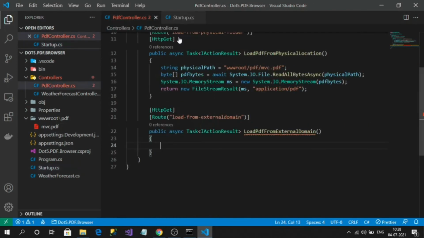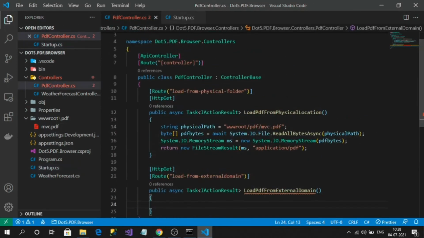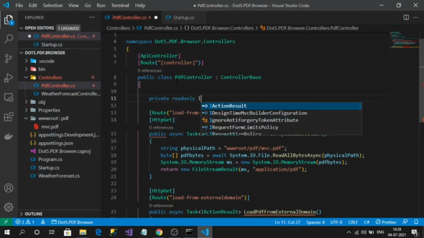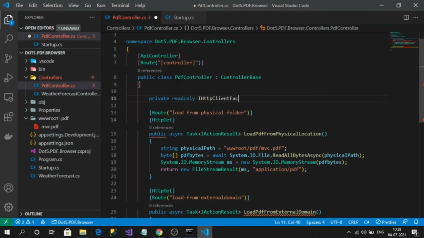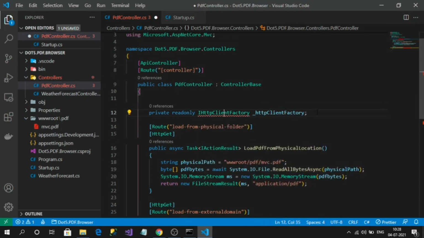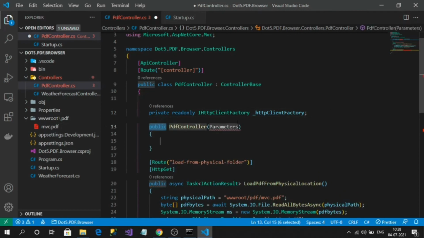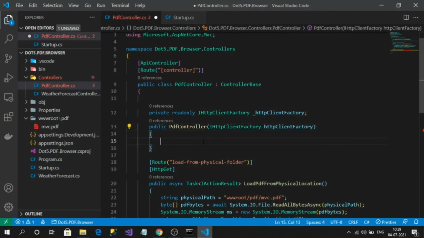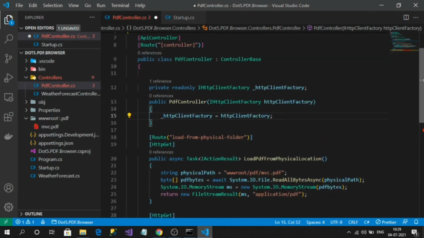Next, go to our PDF controller, and inside the constructor, let's inject the HTTP client factory. So we have injected the HTTP client factory.